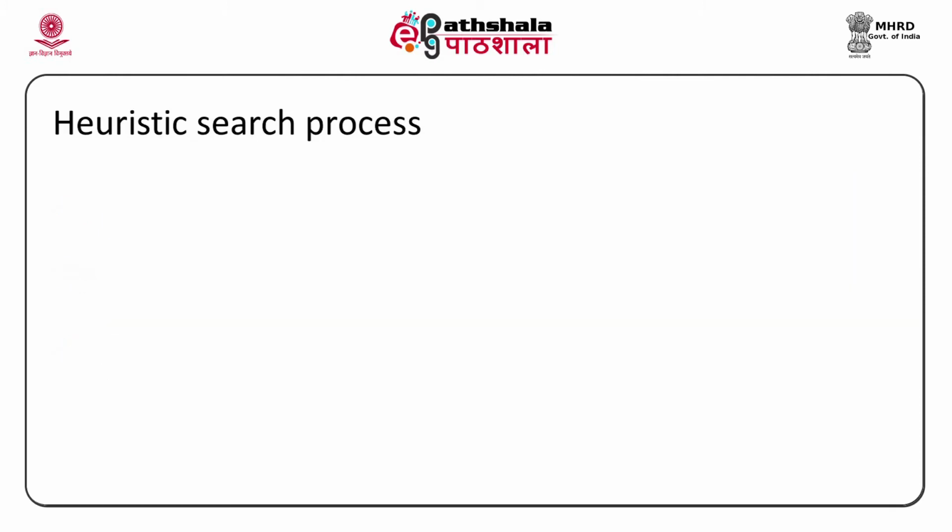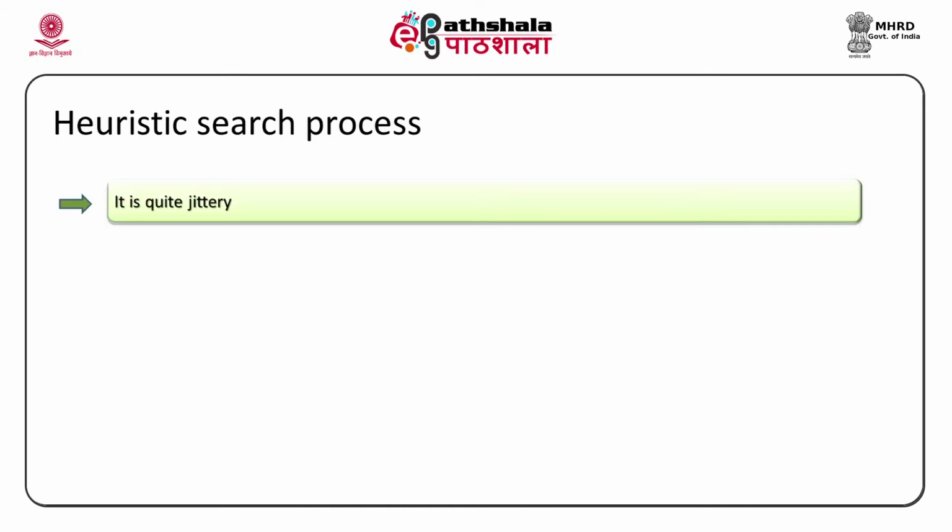In the heuristic search process described earlier, you move in this direction and that direction, and you may feel that it is quite jittery. It moves to and fro and does not go directly to the solution, but that is quite acceptable. Why? Because if you have a formula which can directly lead to a solution, then it is not an AI problem; you just apply the formula. If the heuristic function gives you the exact measure of how far the goal node is, there is no search, because the heuristic function exactly tells you the value.